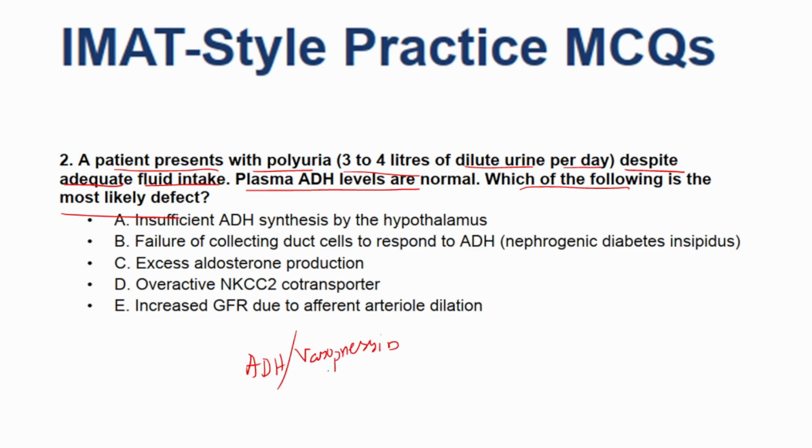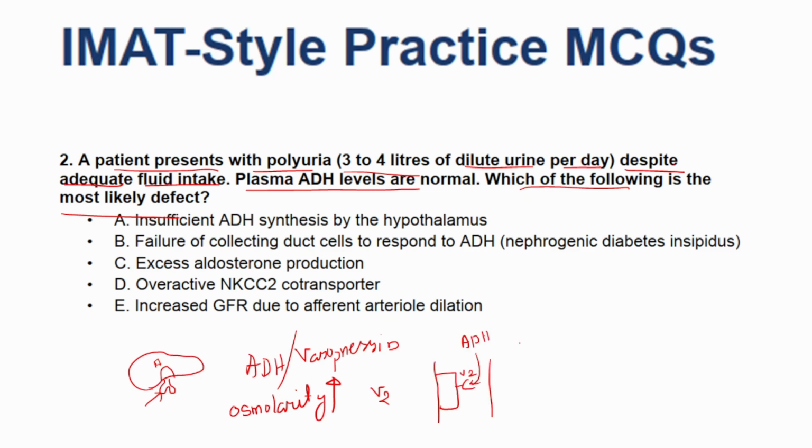vasopressin, is synthesized in the supraoptic and paraventricular nuclei of the hypothalamus and then stored in the posterior pituitary gland. Under normal physiological conditions, a rise in plasma osmolarity triggers its release, allowing it to bind to type 2 vasopressin receptors on the basolateral membrane of the principal cells in the collecting duct. This binding activates a cyclic adenosine monophosphate second messenger pathway that inserts aquaporin 2 channels into the apical membrane to